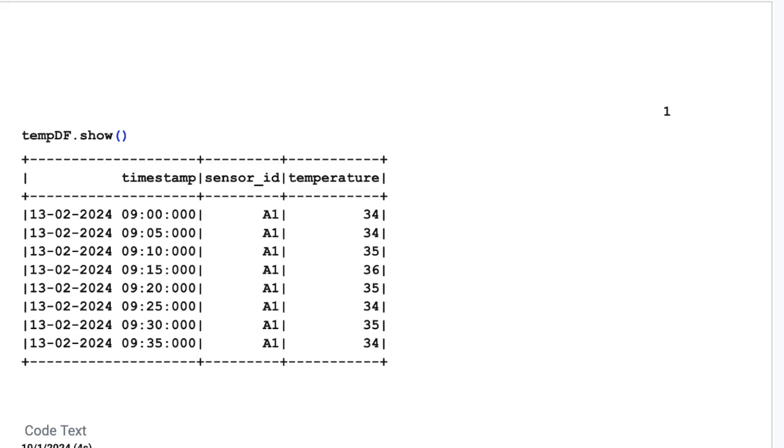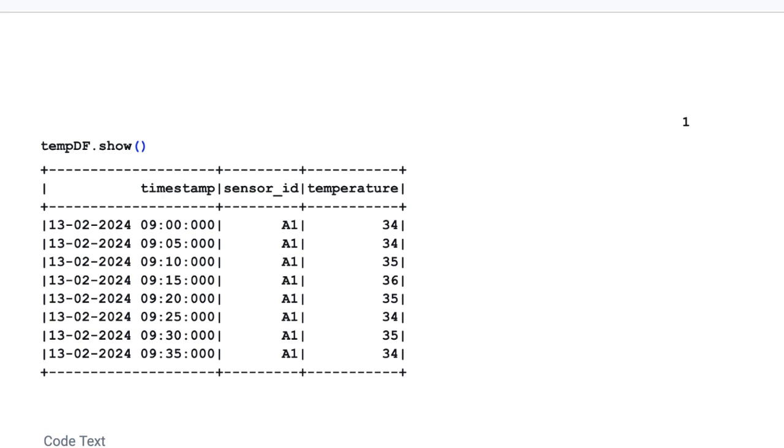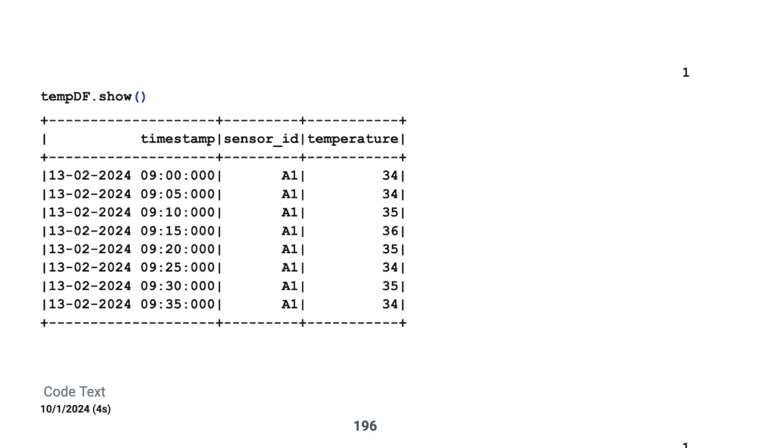Okay, so in this video we will discuss the interview question asked recently in September 2024 for Scala and Spark. Let's say we have a temp df, a temperature data frame, which has a timestamp, sensor ID and